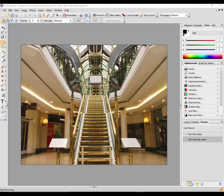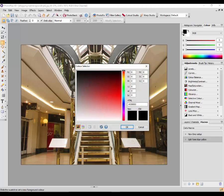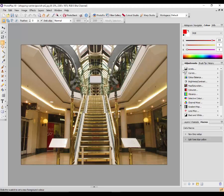But before I rush off and actually start this, there's one last bit of preparation I would like to do. I do want to start the macro with the default black foreground, white background. But just in case some future date down the line, if I use this macro, these aren't set correctly, it will use whatever I had it set up at that time. So I'm going to deliberately change that. So the first part of my macro will be to put these back to the default settings. So whatever it is set on down the line, when I reuse this, the first thing it would do is reset the colors. So I will start recording